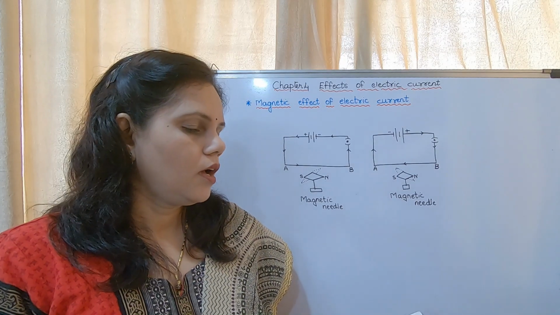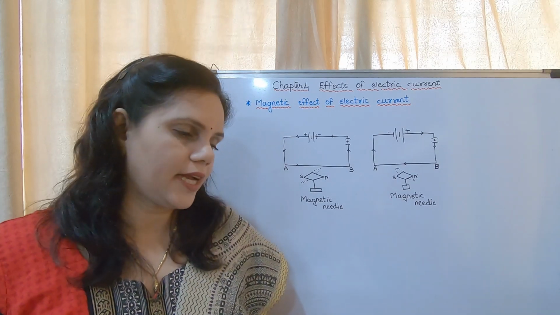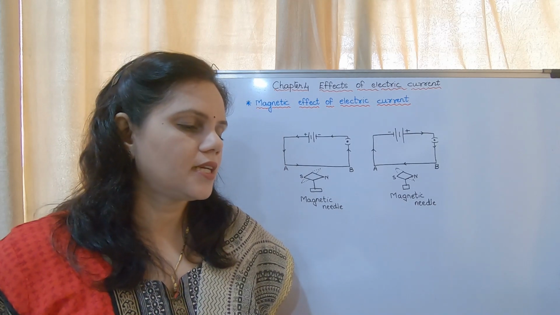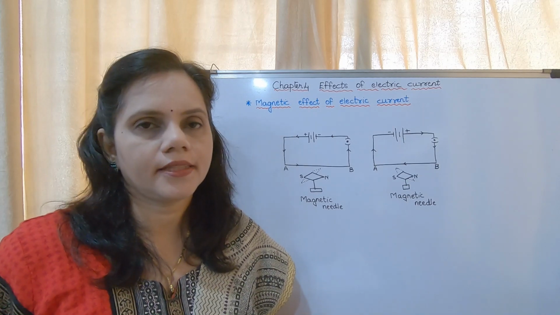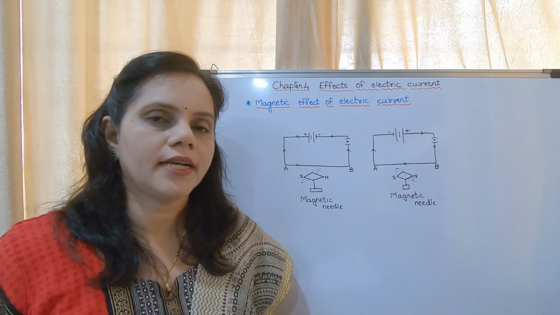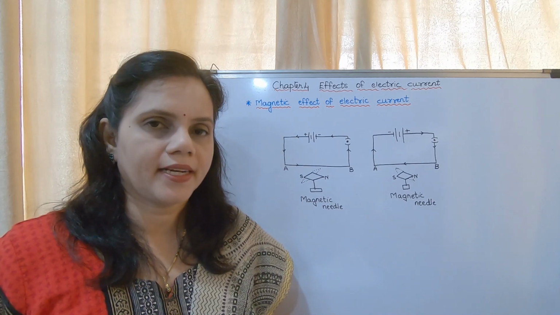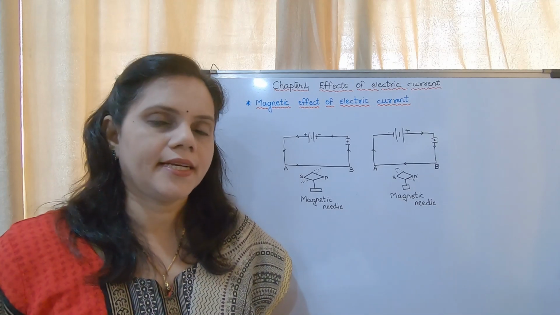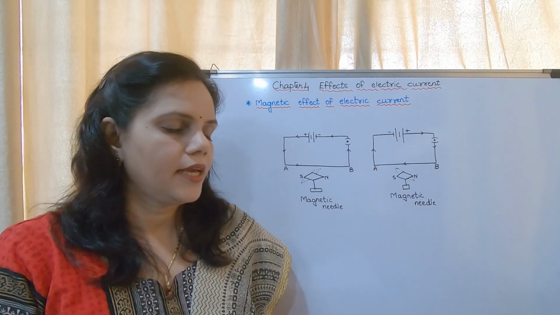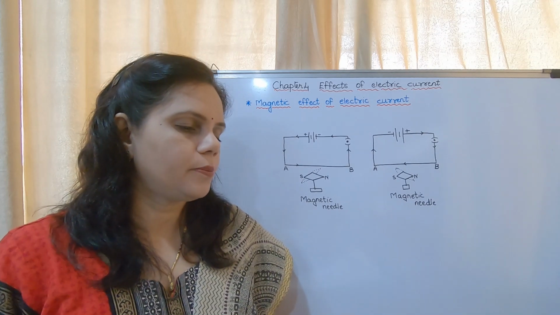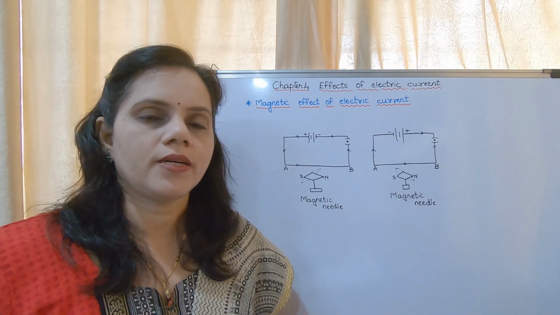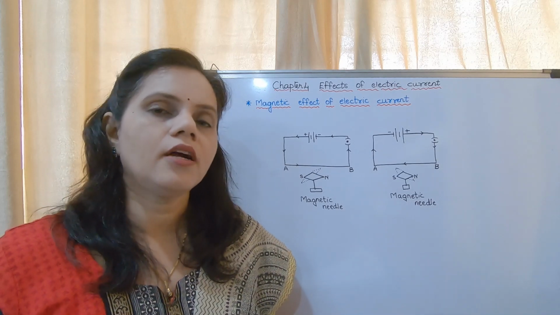Okay, now on the right hand side, introduction to scientist. As a scientist at the forefront in the 19th century, Hans Christian Oersted, you may underline that name of the scientist. He was the scientist who studied first about electromagnetism. That means he studied about the magnetic effect of electric current. What did he observe? He observed that when a current passes through a metal wire, the magnetic needle near the wire turns through a certain angle. You may underline that.